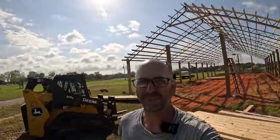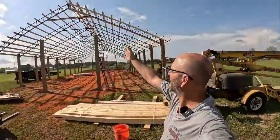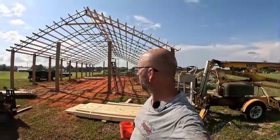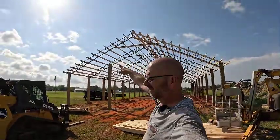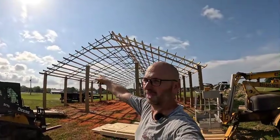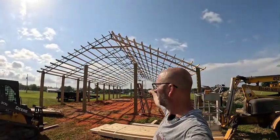All right, guys, that's it for today. So we got this side basically done as far as we could reach. Got that flat one there, needs a couple more screws, the one on the horizontal. That's about it. So tomorrow we're gonna finish the other side,